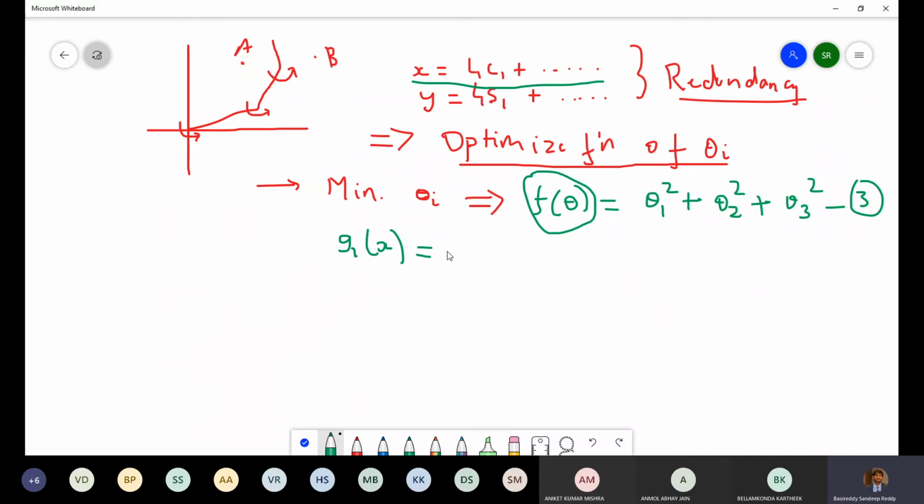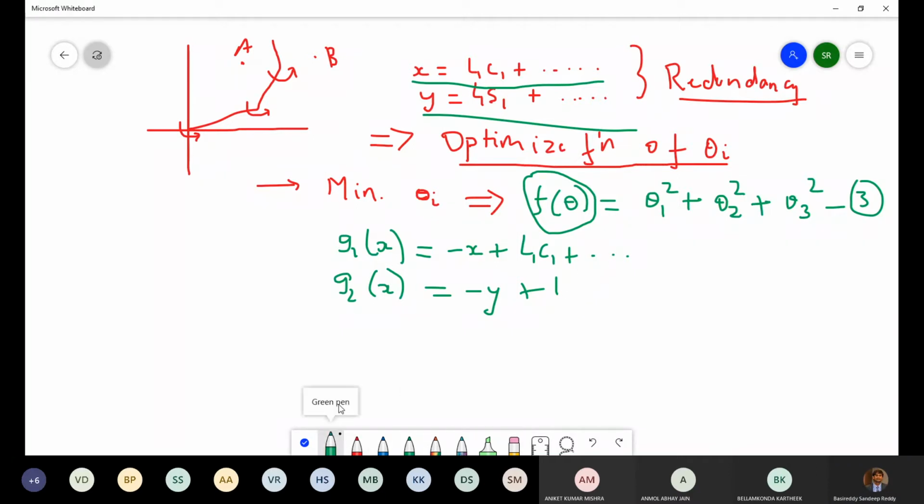I'm just rewriting this: minus x plus L1 C1 plus so on, and g2 of x as, now I'm writing this equation, minus y plus L2 L1 S1 plus so on, right?